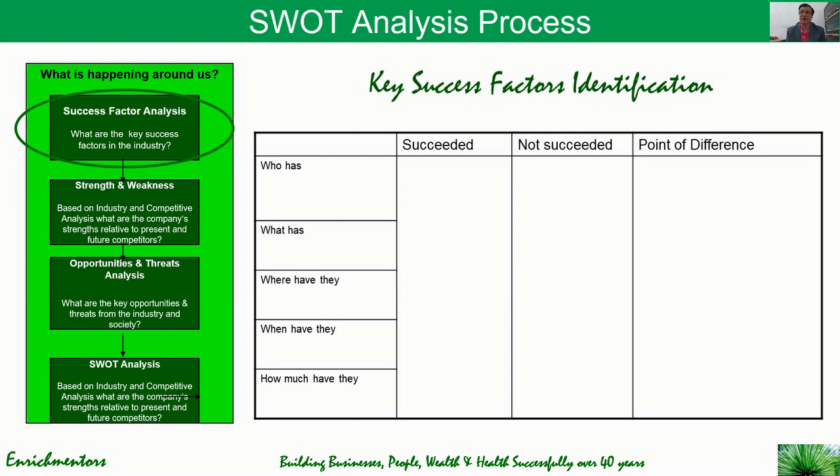So the whole emphasis is on discovering points of difference between the times, places and things where you or others have succeeded versus where you or others have not succeeded, and discovering those points of difference gives you success factors. Once you have the success factors, 5 to 7 of those major points of difference, what you do is